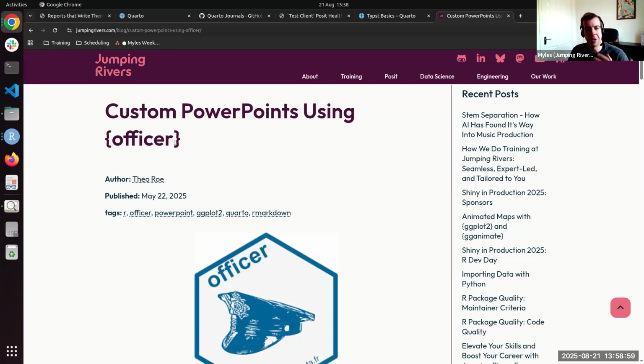So Officer is an alternative package for automated Microsoft documents, whether it's Word or PowerPoint. It might be worth looking into that as well. It's kind of like an alternative to Quarto, but this requires you to create that template within Microsoft first before you insert the content.